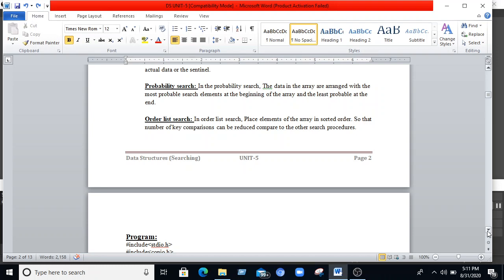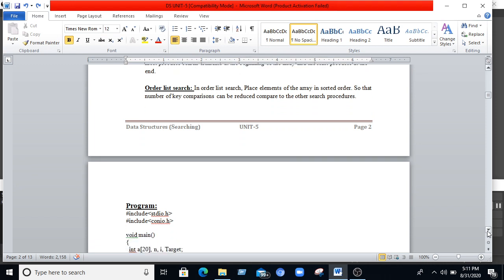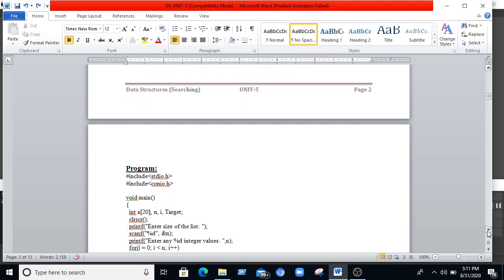In probability search, the data in the array are arranged with the most probable search elements at the beginning of the array and the least probable at the end. Next, ordered list search. In ordered list search, we place the elements of an array in sorted order so that the number of key comparisons can be reduced compared to the other searches.